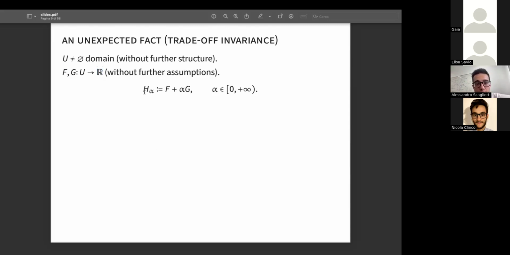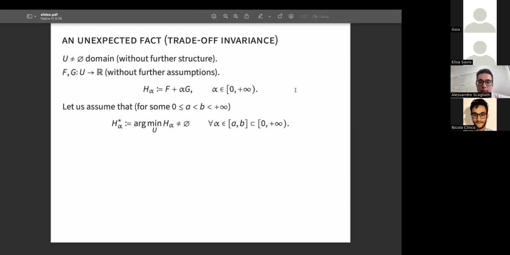Okay, as said before, H alpha is the weighted sum of F plus alpha G, and G can be thought as a regularizer, but once again, G does not have any further property with respect to F, if not the fact that it is multiplied by a non-negative parameter alpha. Okay, so the further assumption that we have for the first part of the presentation is the following one,